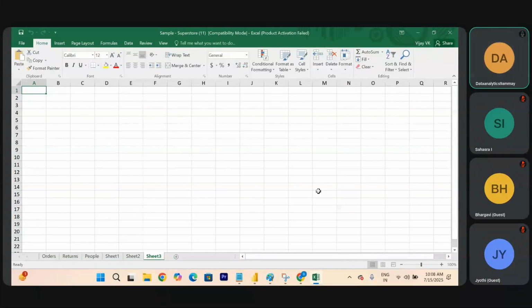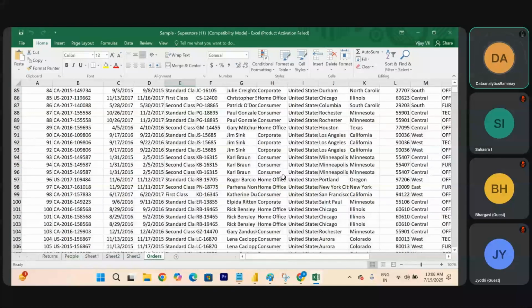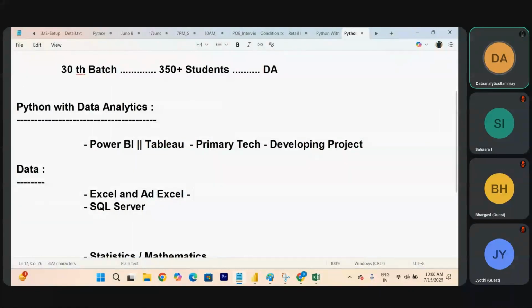Wherever you go, in shopping malls or anywhere, they enter everything in an Excel sheet only. Which means that is data, right? So can I call Excel a data source, right? Simple. This data source also holds a huge amount of data. Perfect. SQL Server, you also know about that.